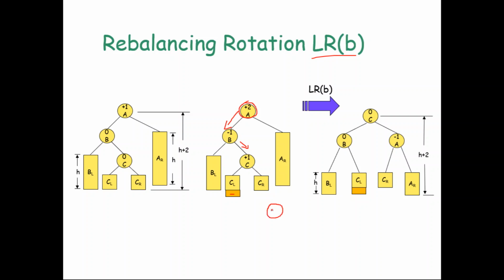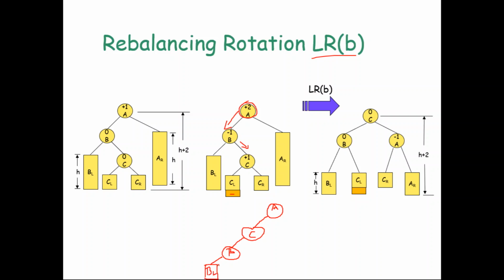When you perform the left rotation, A is here, there is no change in A. C will go up and A will go down. So C will become the root of that particular subtree. And B will come down. There is no change in the left child of B. B's left child is BL as usual.